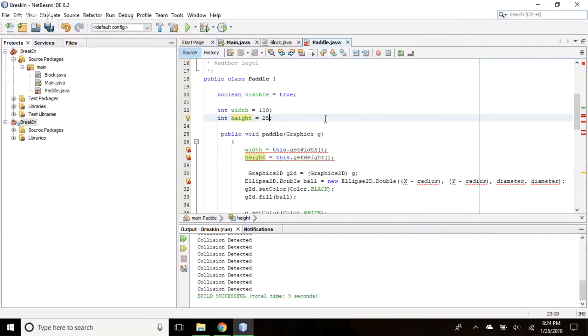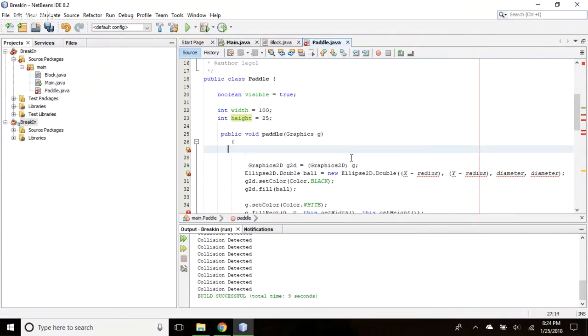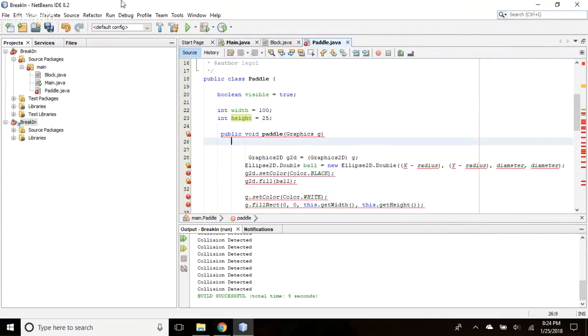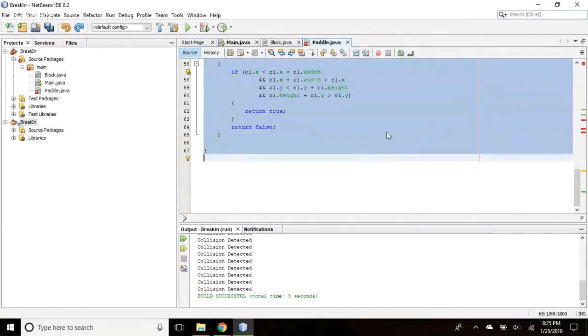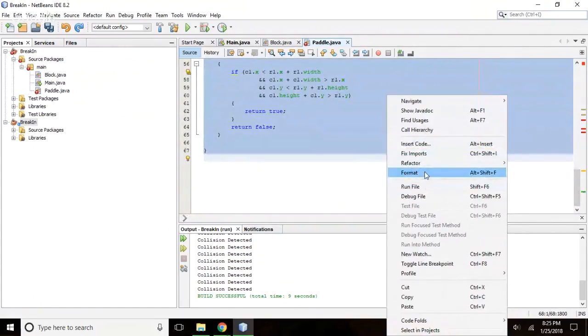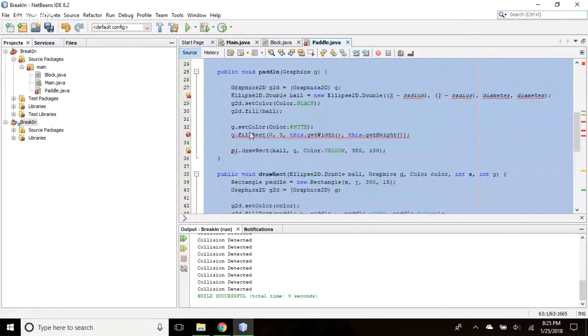Okay. And then you can get rid of those 2 lines, actually, 27, 28, and delete those lines because height and width will be defined at that point, right? Uh-oh. So undo that. Why don't you do a Control A to highlight the whole file, right mouse button click and say format. There you go. Just makes it a little bit easier.